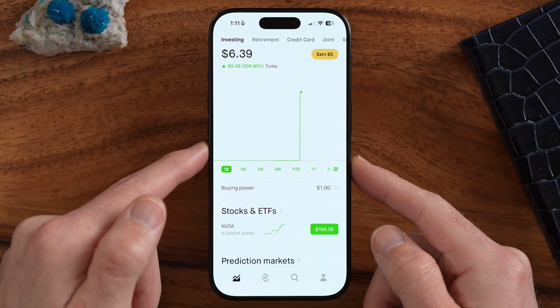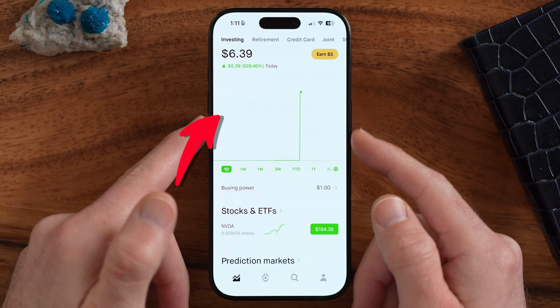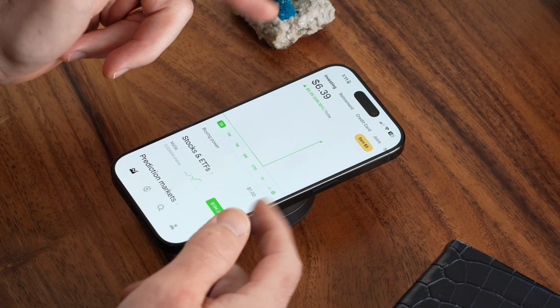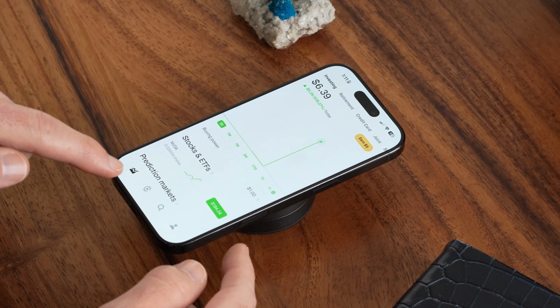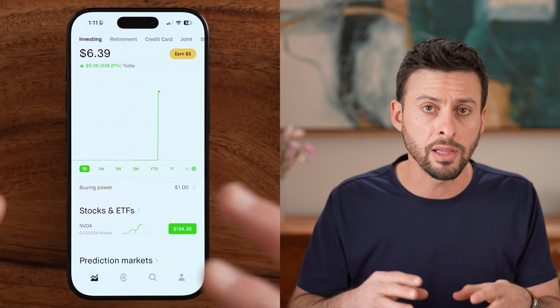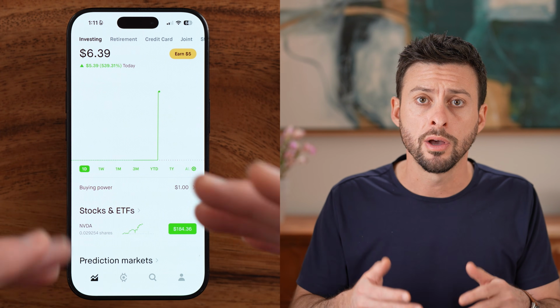Hey guys, Trevor here. And in this video, I'm going to show you how to use the Robinhood app on your iPhone or Android to buy and sell stocks, to have retirement accounts, credit cards, maybe even buy crypto, all of those things. I'm going to walk you through everything directly in the app to get you started on using